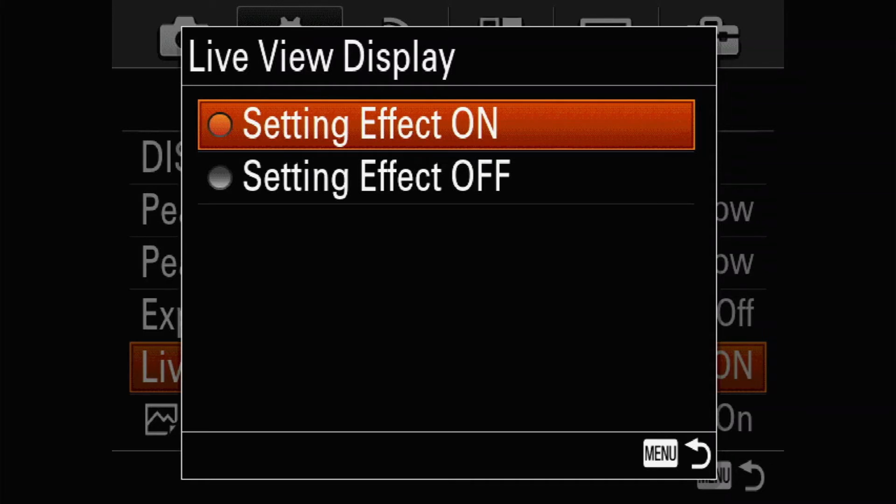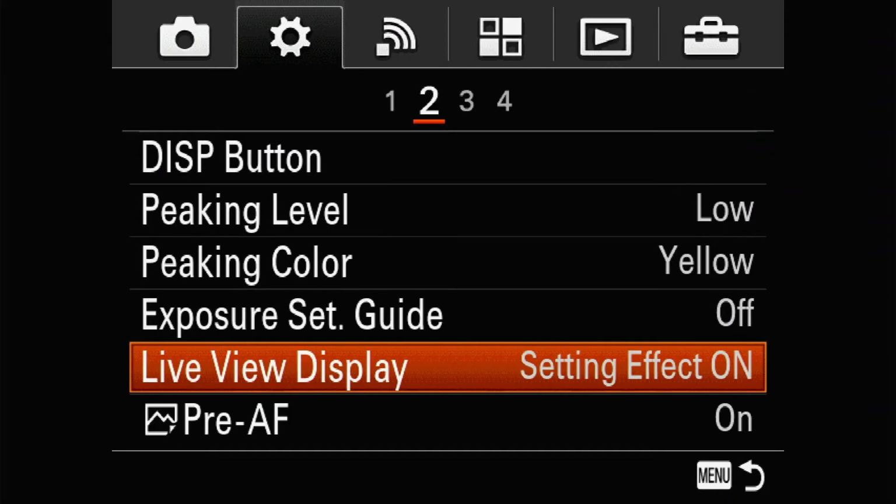Most of the time, when we are shooting in the dark and we try to set the exposure, it becomes difficult to compose. So if we want to see a clear image and compose the picture properly, we can set it to off, which will help us compose the image properly. But for this demonstration purpose, I have kept it on. Otherwise, in usual situations, I normally prefer to keep it off.